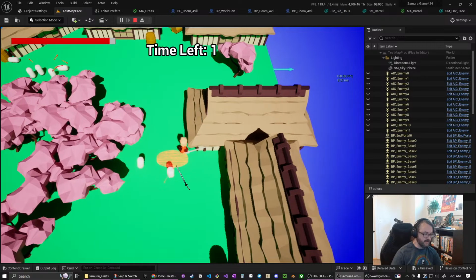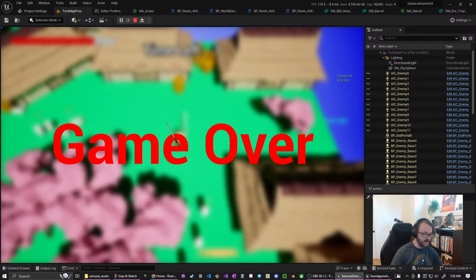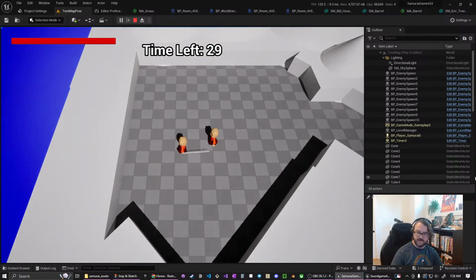This is my exit portal, which is not really in the game, but it's an indicator of where I could algorithmically find